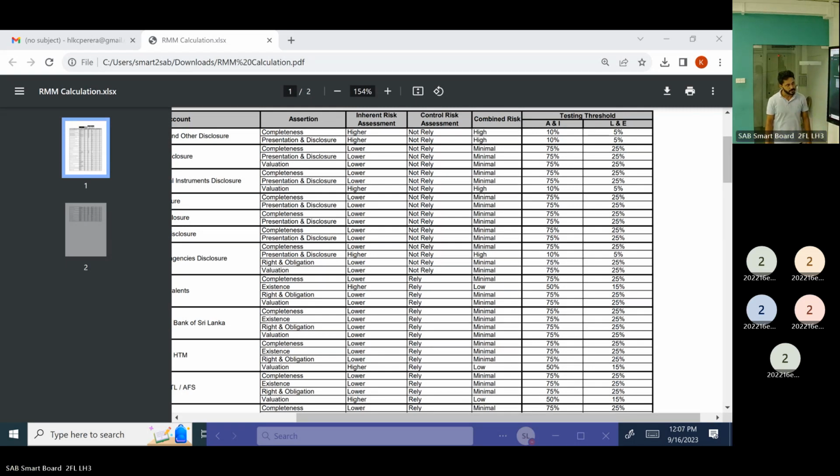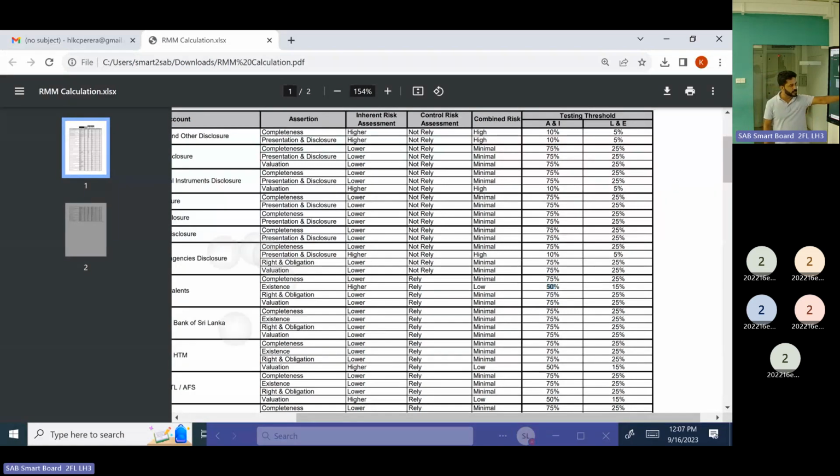So you can see, right? Other assertions 75%. Risk assertion 50%. 75 over 50, the highest scope. 50 is the highest scope, as we discussed, right? The 50 changes because of this inherent risk being higher. Then we have to decide audit procedures based on this risk. So this is the calculation done for audit. Based on this risk assessment, we are deciding audit procedures and samples and all.